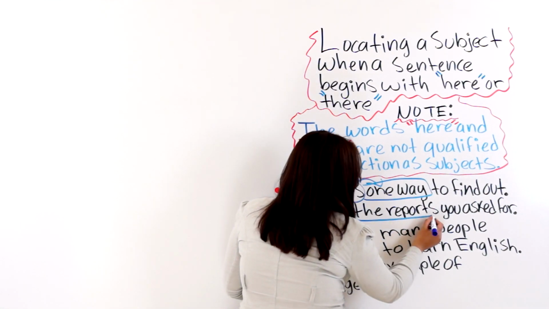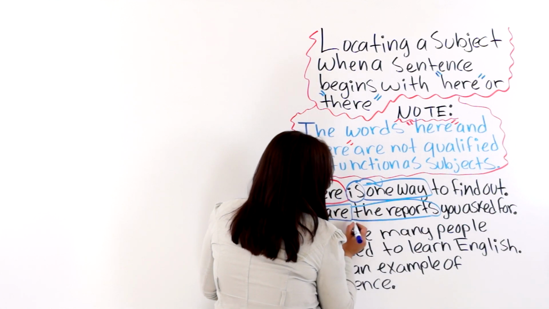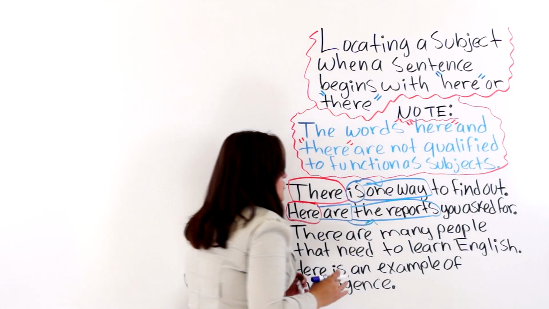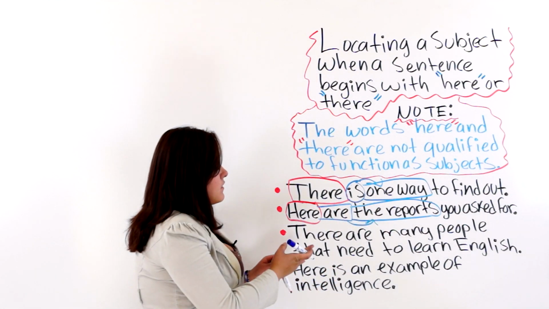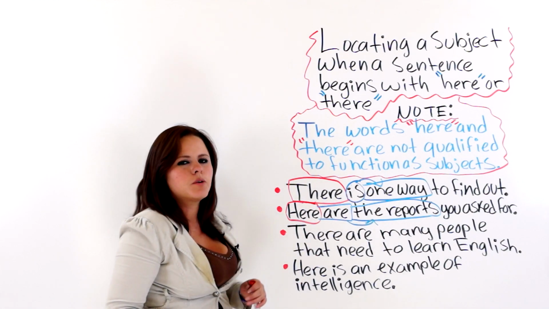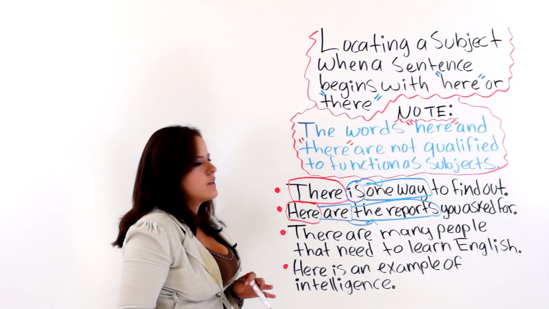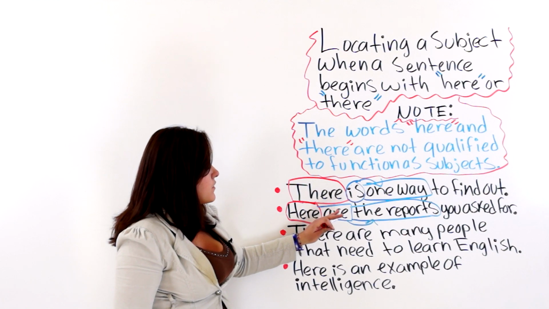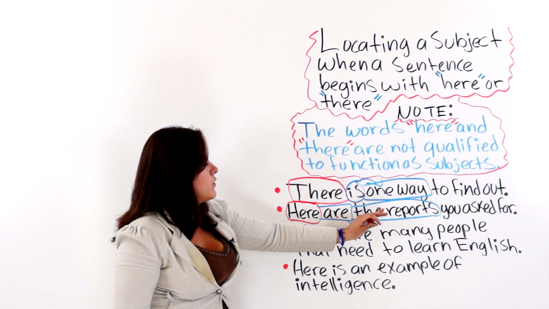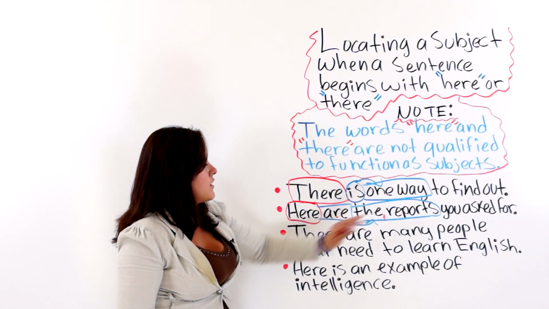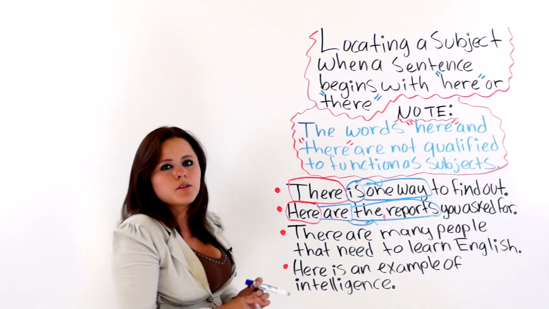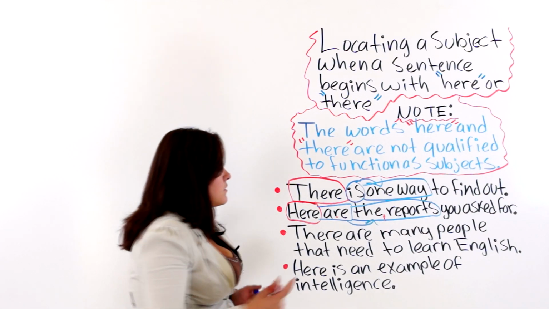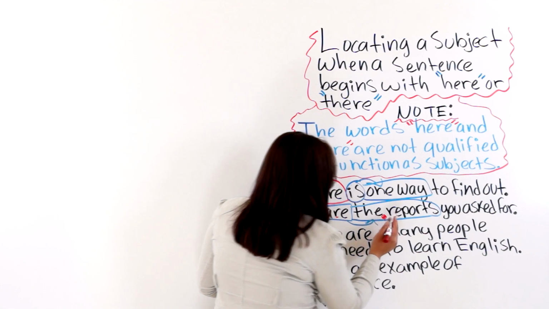The reports. So that is our subject right there. Here are the reports you asked for. And the verb agrees with its subject, because we have a plural subject, the reports,